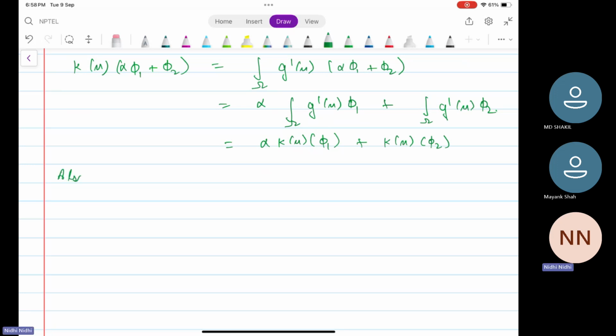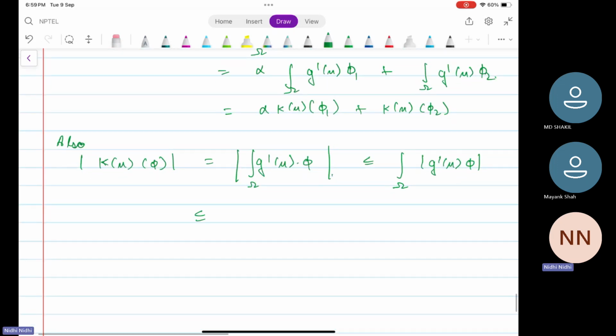Also, we have |Ku(φ)| = |∫Ω g'(u) φ| ≤ ∫Ω |g'(u) φ|. And by Hölder's inequality, we know that this is less than or equal to